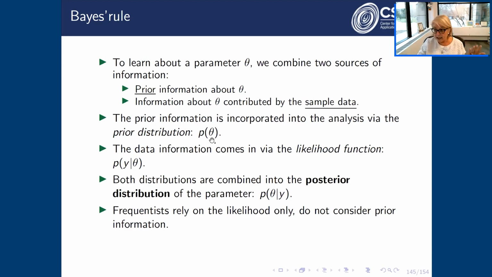In the case of pi, the population proportion, this probability model would assign probability to values of pi between 0 and 1, because it's a proportion. Then we have the data, let's say the observations y,